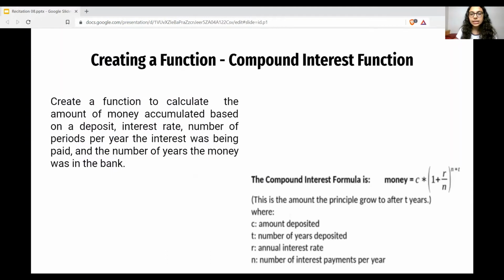Now let's create a function to calculate the amount of money accumulated based on a deposit, interest rate, number of periods per year the interest was being paid, and the number of years the money was in the bank. So the formula for compound interest is that money is equal to C times (1 plus R by N), the whole raised to N times T. So basically this will give the amount the principal grows to after T years. Over here, the abbreviations for each of these symbols are as follows. C is for the amount deposited, T is the number of years deposited, R is the annual rate of interest, and N is the number of interest